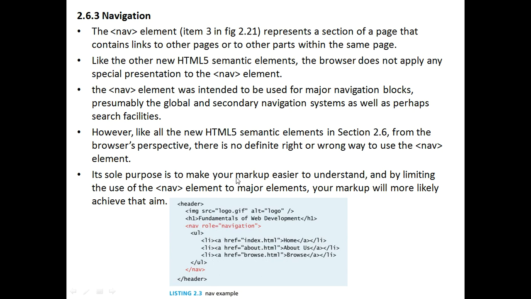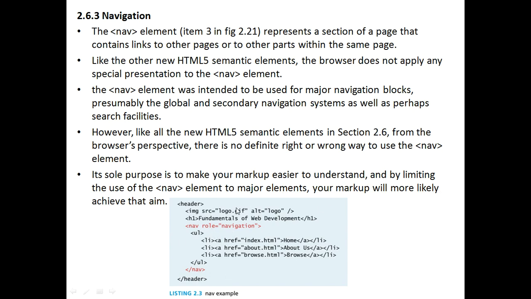Its sole purpose is to make your markup easier to understand, right? Within the nav tag, better to use hyperlinks, because it gives you a better meaning there, and by limiting the use of nav elements to the major elements, your markup will more likely achieve that than aim.